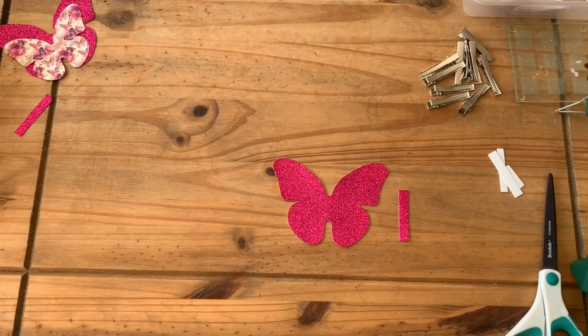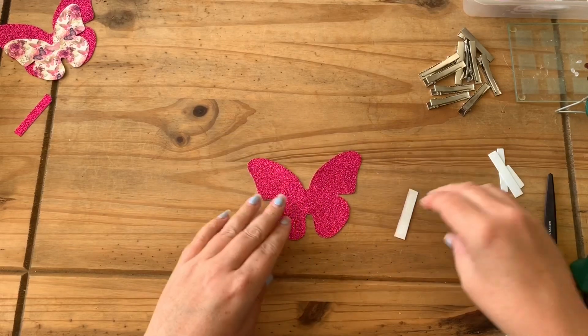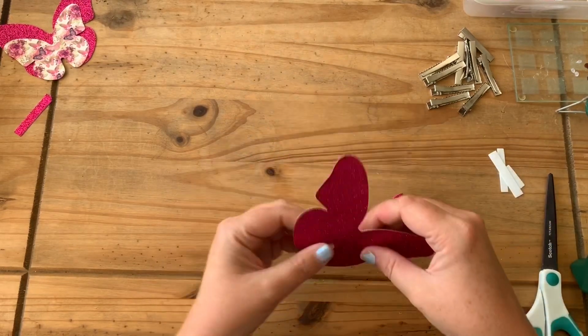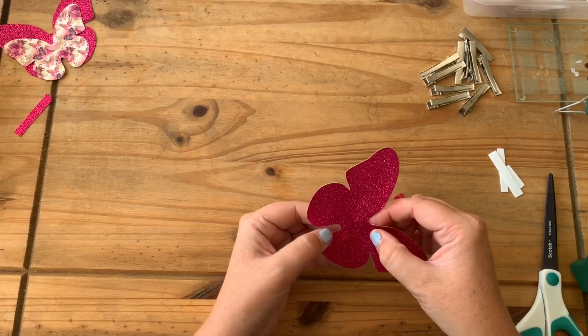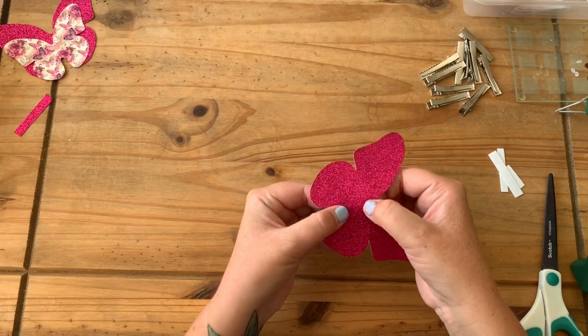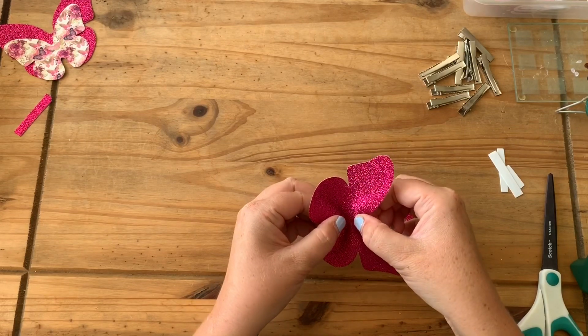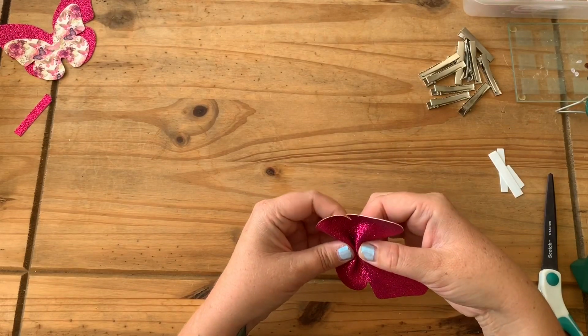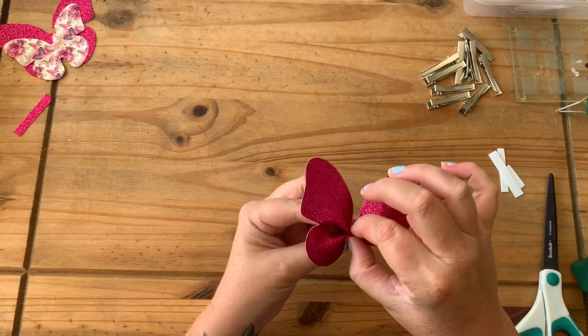So here we have the cut out pieces. There's the butterfly and the center. Okay, so the instructions say to just pinch the middle. So what I've done is grabbed either end of the middle part. I'm going to push that middle bit inwards like that, and then push those bits downwards. So we've just got a little pinch on it,